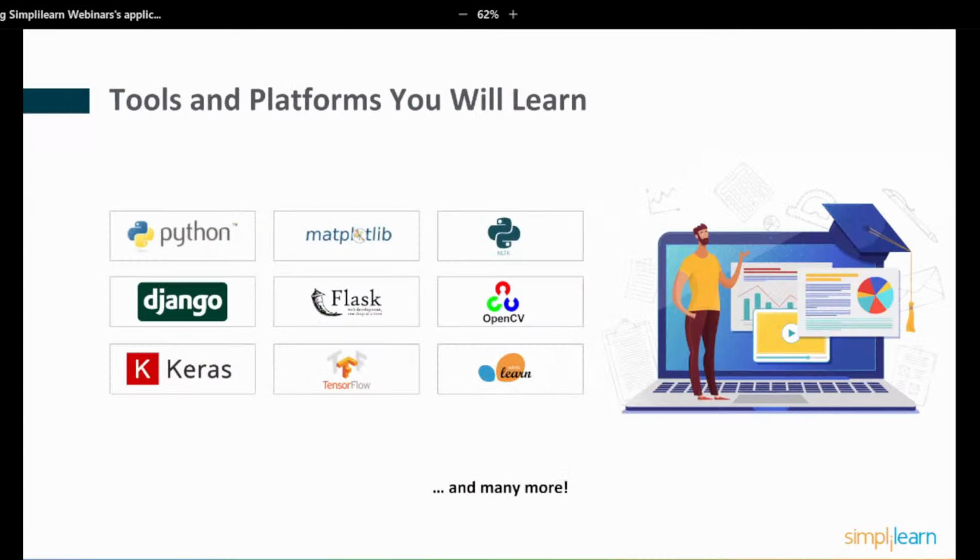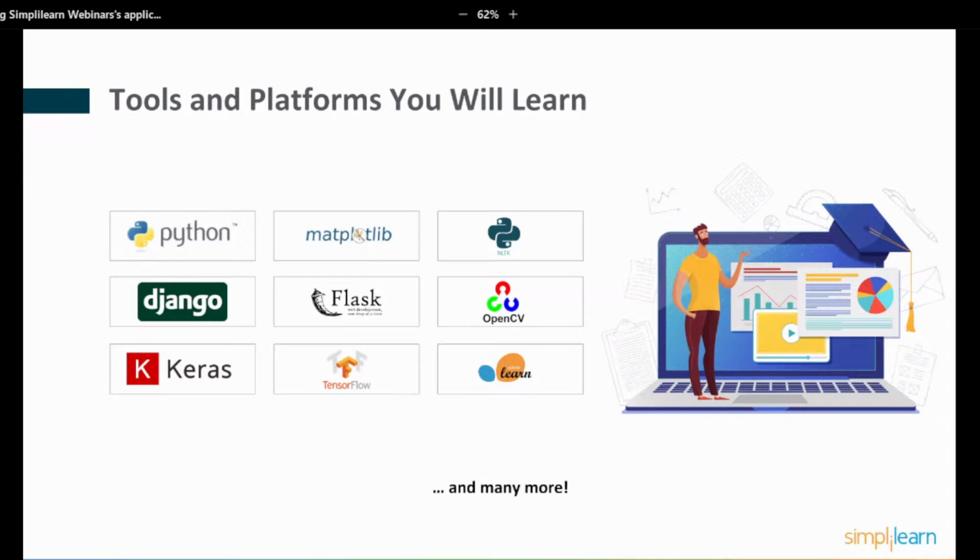Along the way, you learn how to use, and you actually use, various tools and platforms. Matplotlib, the NumPy library, various other tools for machine learning like Keras and TensorFlow, all of these you get hands-on experience with. You do the labs and projects using the tools.